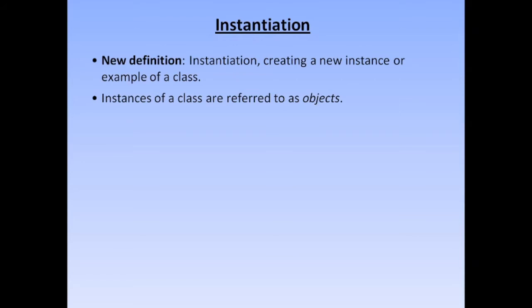Now, instances of a class are referred to as objects, and this is the simple syntax for creating an object of a class. First of all, we write the class name, then the name of the object which we want to create, then equals, the new keyword, and then the name of the class with opening and closing parentheses. This opening and closing parenthesis means that we are providing the constructor. What is a constructor? We will go through it very shortly.